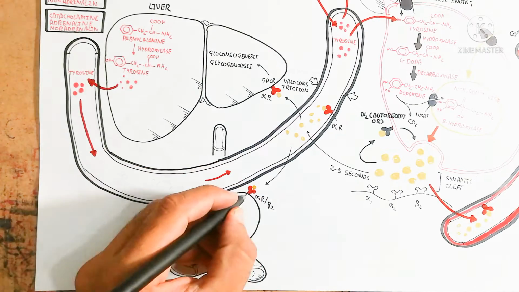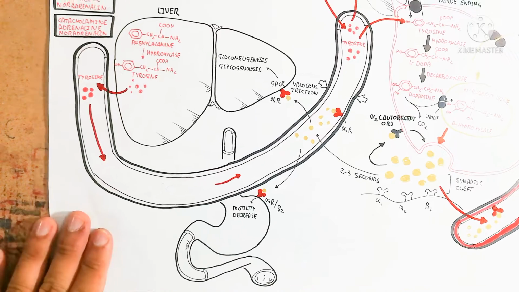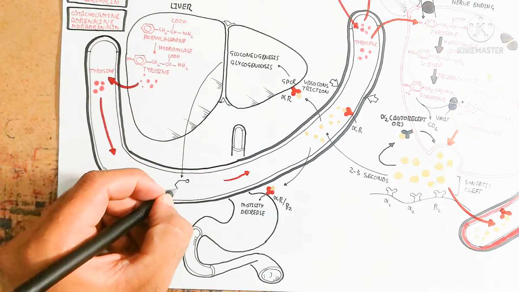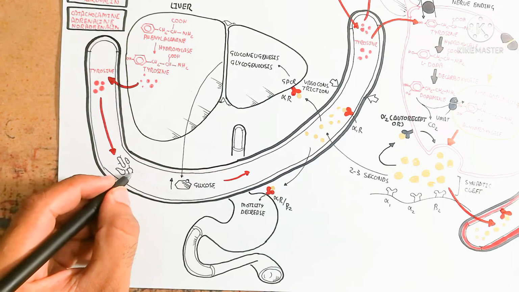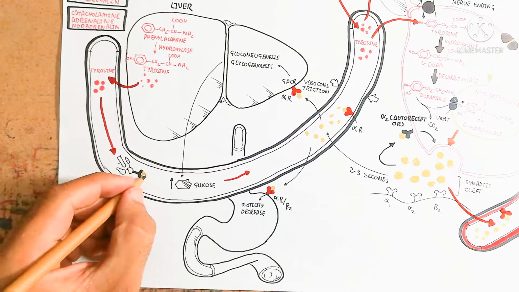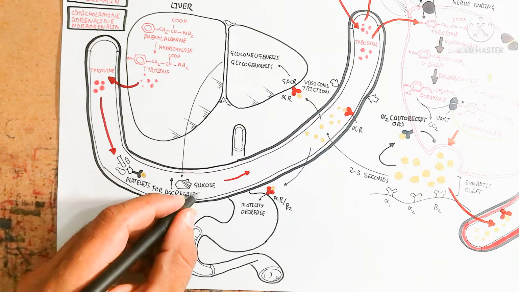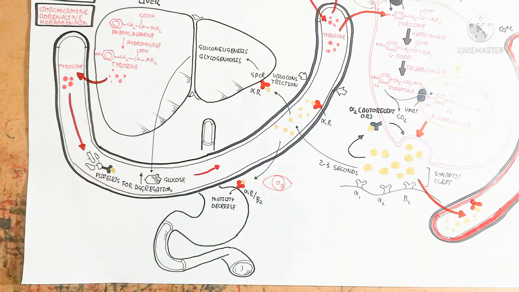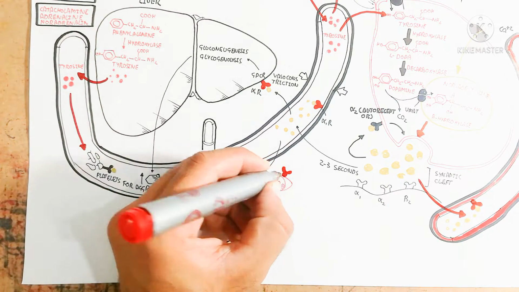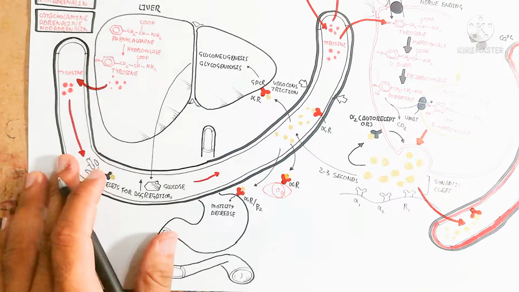In this case, the digestive system also contains alpha 1 receptor and beta 2, which lead to a decrease in motility, so the decreasing of the motility, and blood glucose level will be high, and platelet aggregation due to the beta 1 receptor, and the beta 1 receptor is also present in the eye cell,